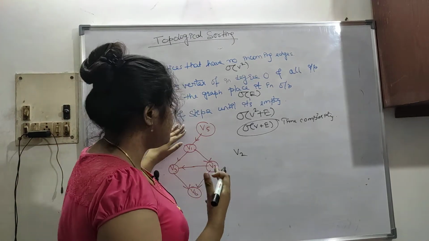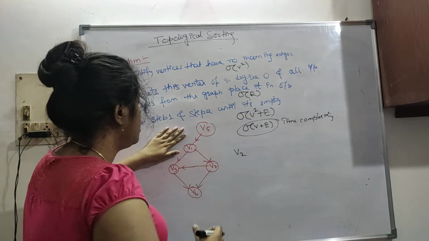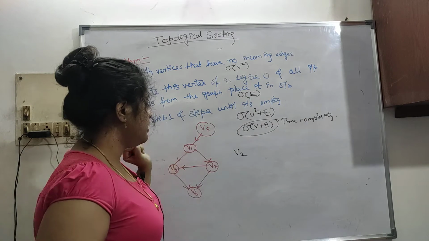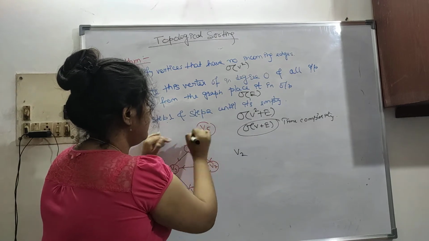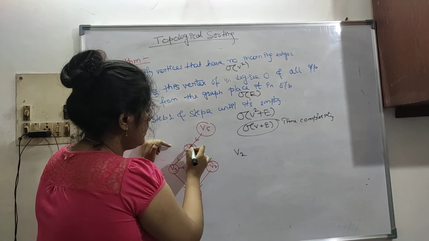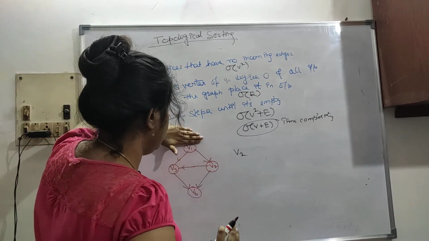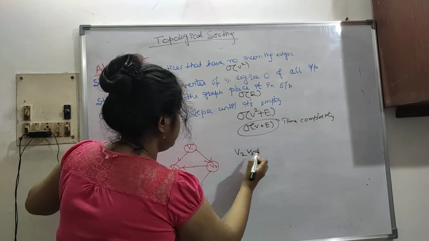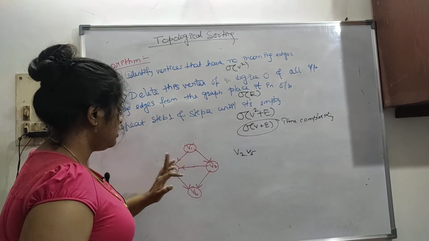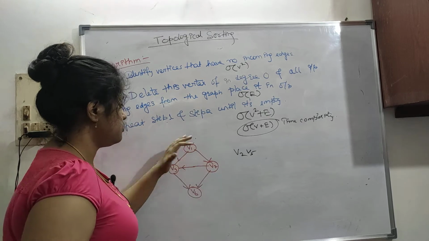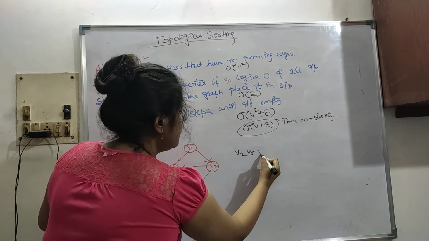So we are doing the topological sorting output of this. Here you can see the only vertex which doesn't have any incoming edge is V5. V1 has an incoming edge from V5, so the only option is V5, so we delete it. Now it has only one option, that is V1, because V3 is dependent on V7 and V1. So V1 is our next.